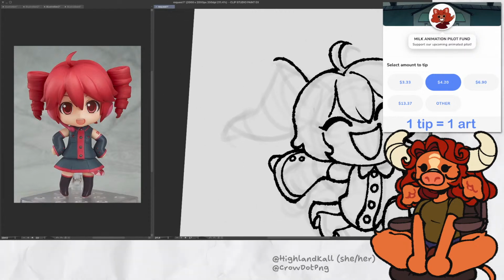Get the twin tails going. Save the best part for last, because man, these always look... I really like drawing curly hair. There we go. And then just kind of apply it towards the end there. Perfect.